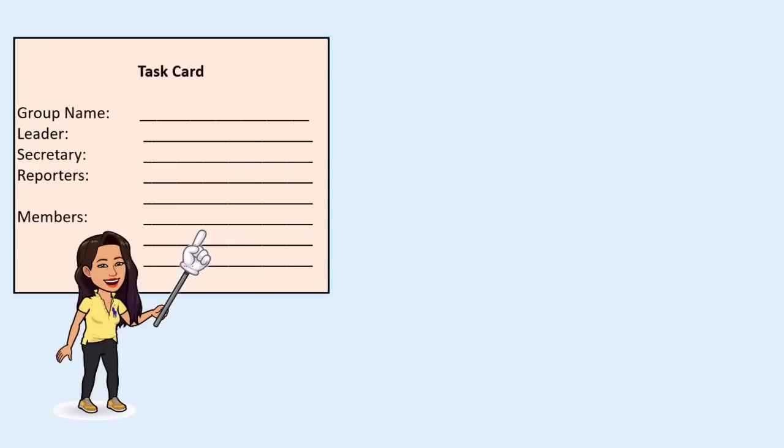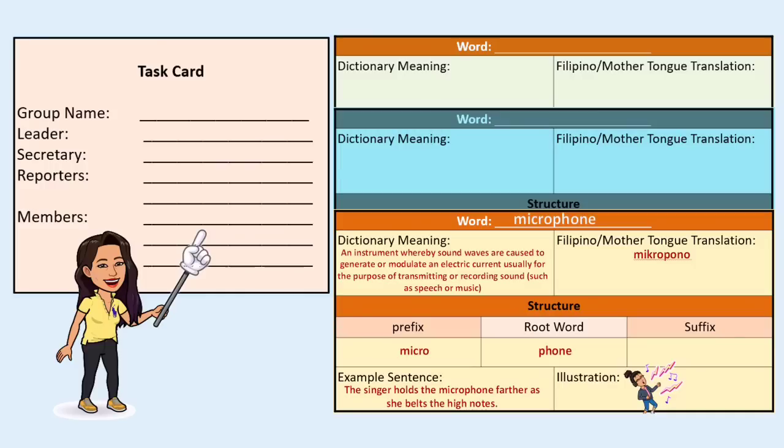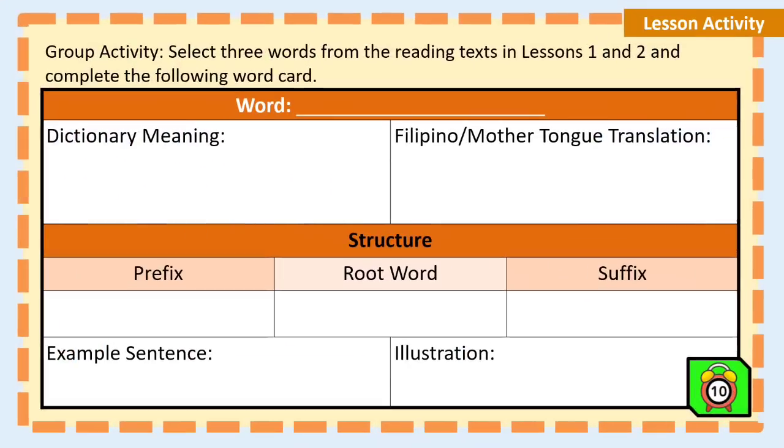Before you complete the word cards, be sure to cooperate with your group and assign roles. You may assign 2 of your members for 1 word card. Later, you will be asked to display your word cards for a gallery walk. If you are not so sure of how it should be done, let me give you an example of how